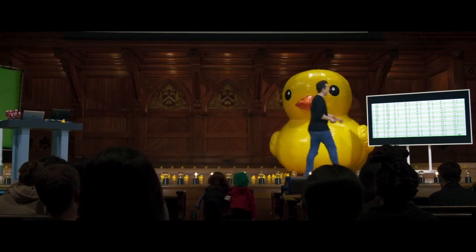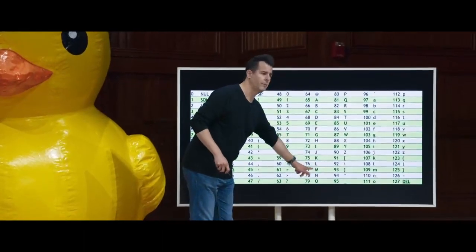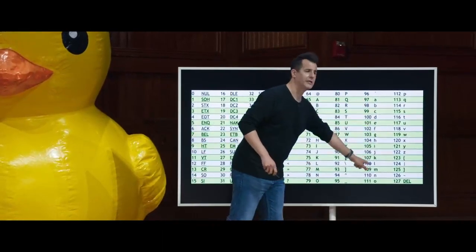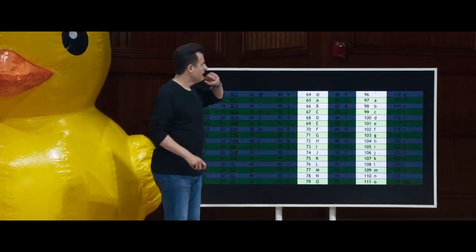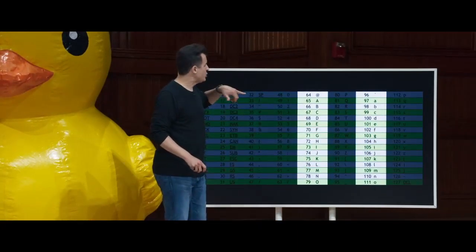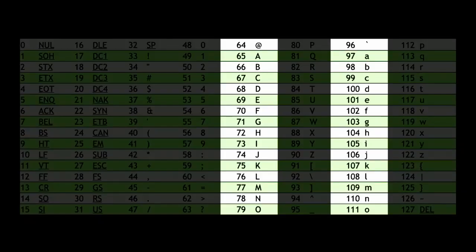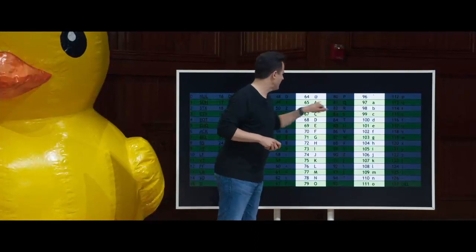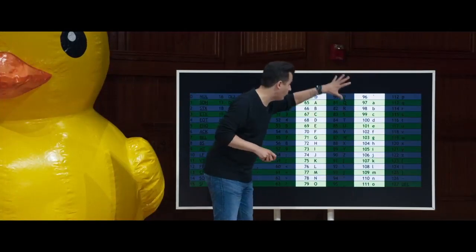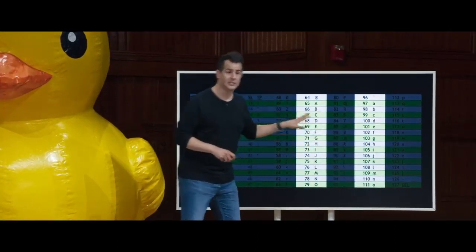Well, this is where this sort of gets into some low-level hacking. But notice the same ASCII chart. Here's our uppercase letters from last time. Here's our lowercase characters. And let me highlight those. Does anyone notice a relationship between capital A and lowercase a that happens to be the same for capital B and lowercase b? Yeah, this pattern is true. So 97 minus 65 is 32. And that's true for every lowercase and uppercase letter respectively.